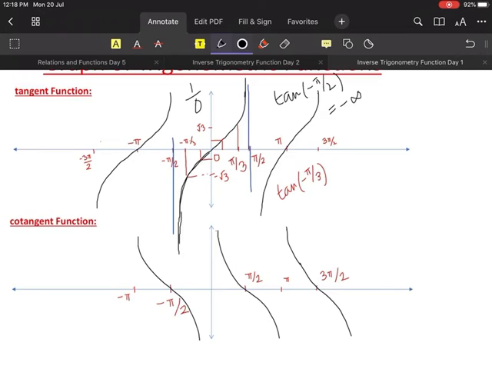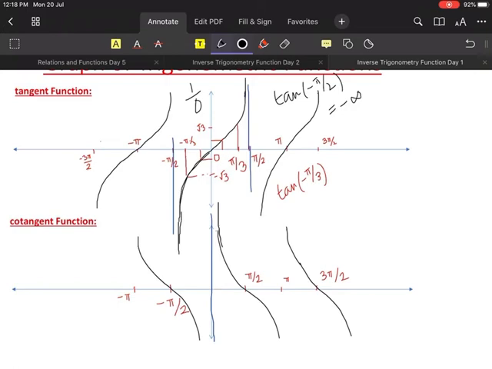Now look at the cot diagram. It will be same as the tan one. Can anybody tell me what cot 0 is equal to? Undefined. That's why you see the curve is increasing on that side. So this is the line in which cot is undefined. That's why my curve is approaching this one, but it will never touch this line.